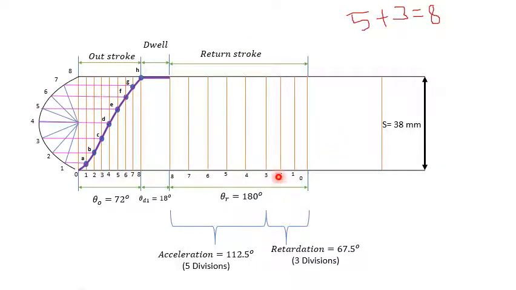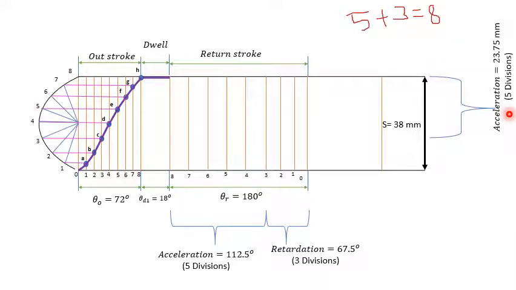Okay, so once this much is over, next, coming to the follower stroke, that is where the transition takes place from acceleration to retardation. See, the line number 3 represents the transition from acceleration to retardation. So we have to divide this line into 8 equal parts. Before that, locate the acceleration period. See, this portion represents the acceleration period.